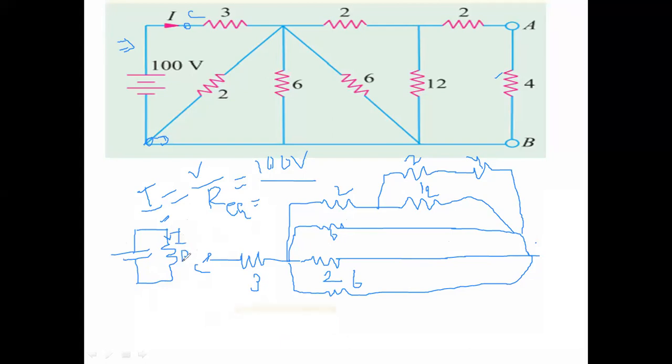And one more thing we have to remember: if the resistance is very low and the applied current is very high, then what happens? The wire will burn. So care should be taken. You cannot perform such experiments. In household use, you should not connect AC directly. AC is dangerous.